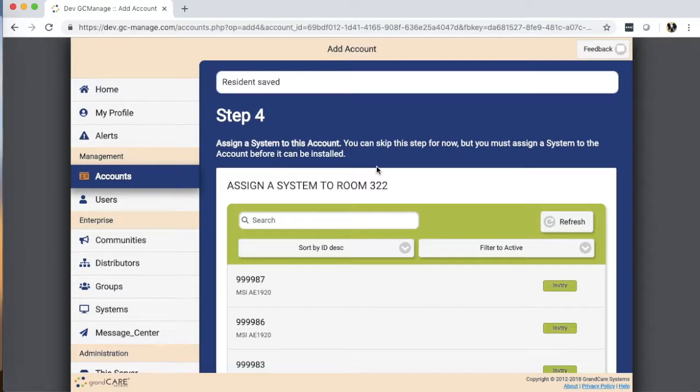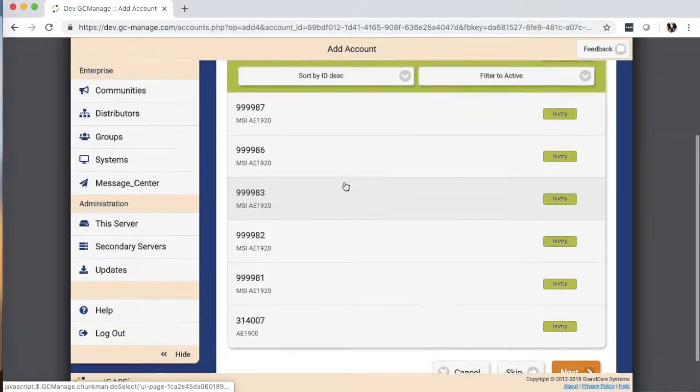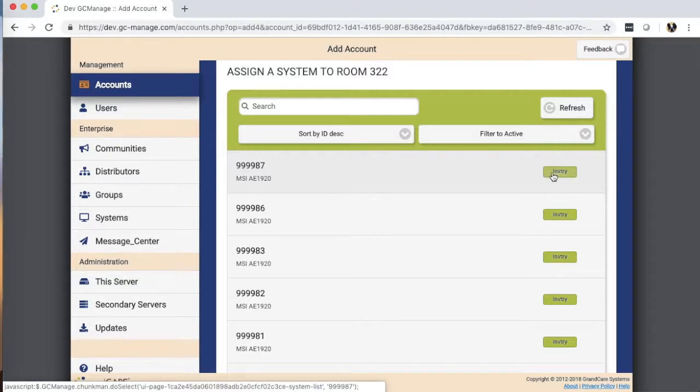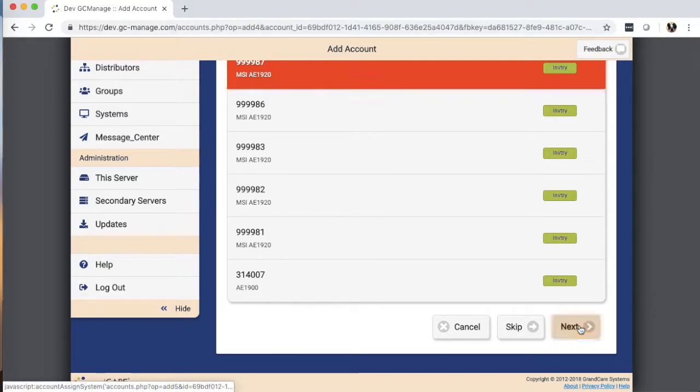Now, this is important. Now, we're making an account. And an account, to be functional, has to be paired with a system. This account has to be told which piece of hardware that it's going to live on, at least for now. So here you can see the list of systems that we might put it on. And notice that they all have the status of inventory. So these are systems, and they have a system ID number, as you can see, but they have no account on them. That's why they're in inventory status. So if I select one of these systems to put this account on and click Next,